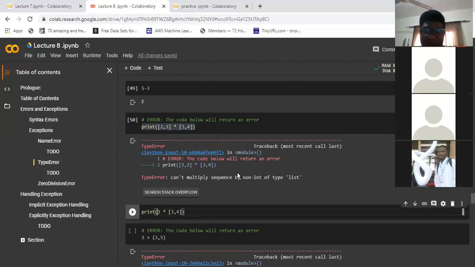Even from the error, it is actually telling us that you can't multiply a sequence by a non-integer type. What I used was a list. So the error would actually suggest what you should have done. And another way, if you're running your code on Google Colab, you can click on this. Of any error you encounter, you can click on this and it will take you to Stack Overflow,